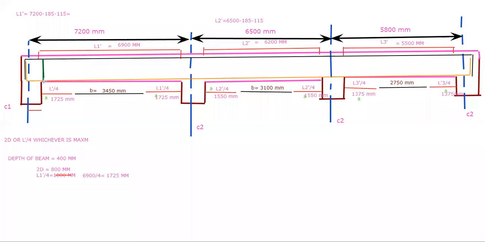So these are the stirrups I am drawing. These all are the stirrups. The same as this side, this side also. Okay. Now we need to